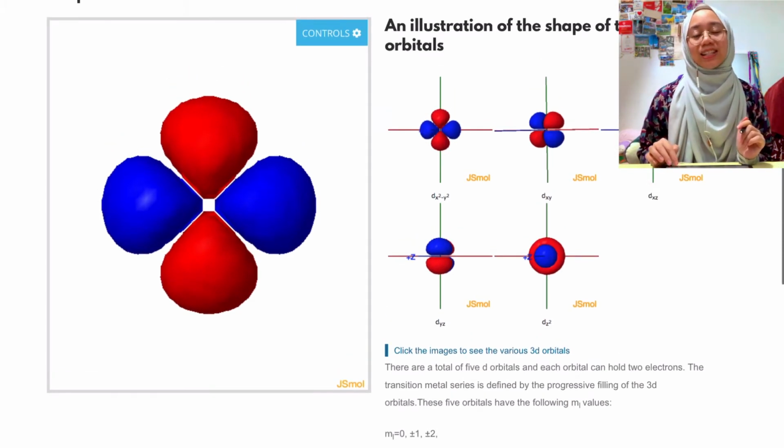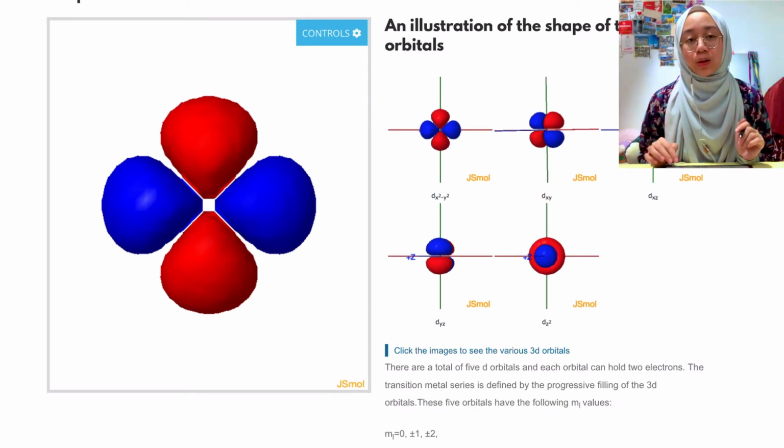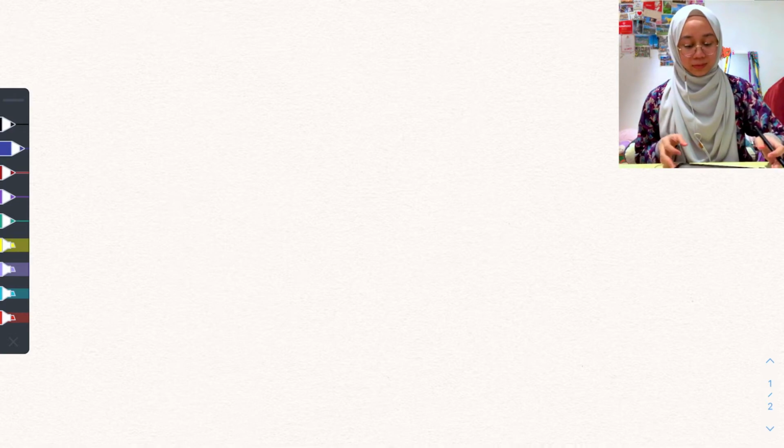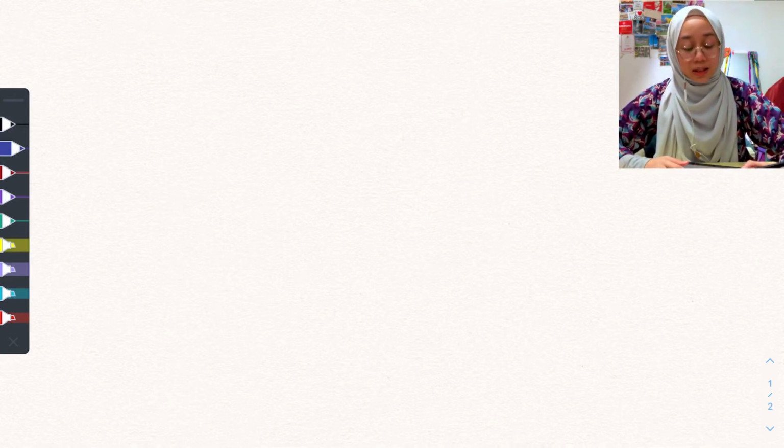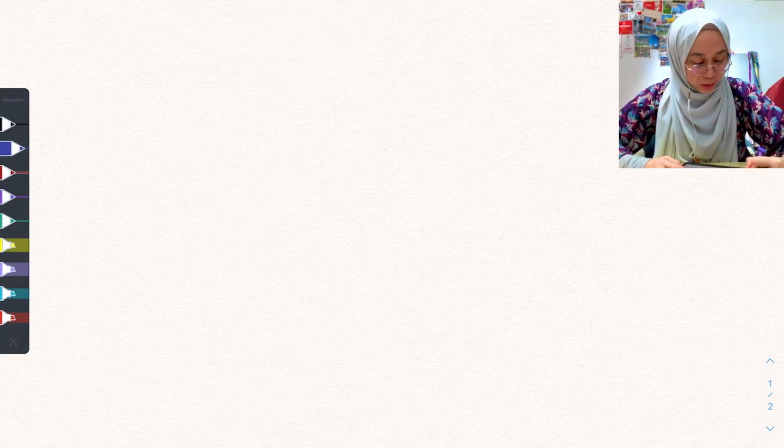Okay, so now let's go to how to draw the orbitals then. Okay, so kita akan lukis s orbital dahulu. Okay, so untuk s orbital,